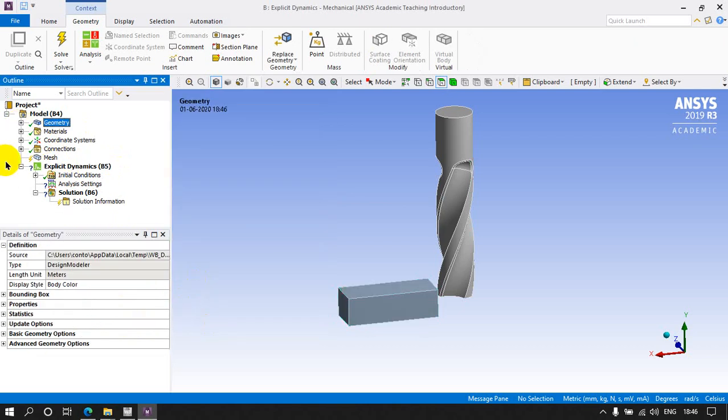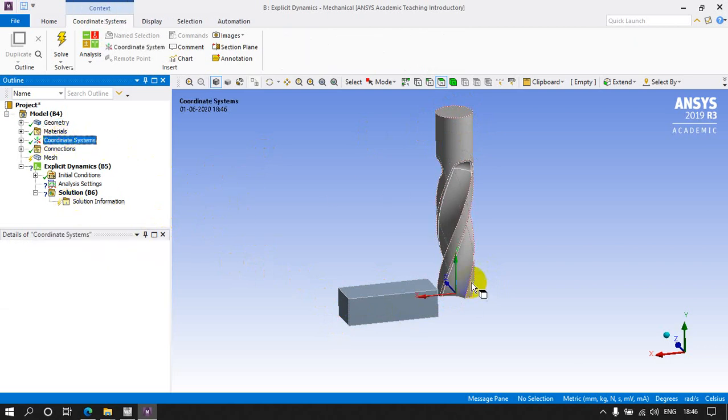It is done. Now I want to rotate this one at a certain angle. Let's consider that it's going to rotate 3 times, that means 360 into 3. And this one should move like this. Let's consider a 50 distance or 70 distance, like that. I'm going to select the coordinate system here. By default we will get a coordinate system at 0, 0, 0, but I don't want this one. That's why I'm going to create a new coordinate system here.